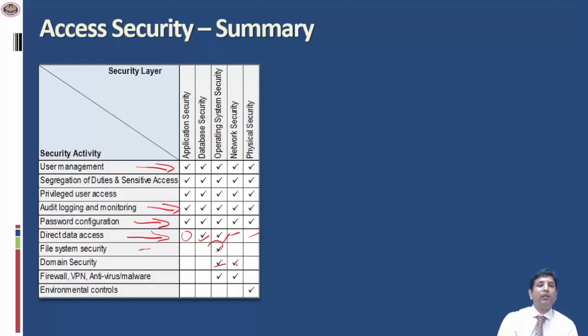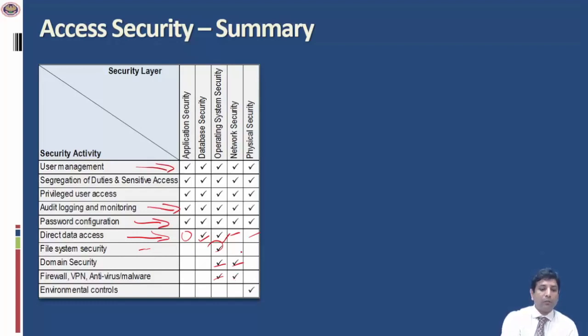And the security of this domain is to control the access at a network layer. And that is why we say the controls are implemented both at the operating system layer and the network security layer. Looking at firewalls, VPNs and antivirus, these again relate to the operating system level because the relevant controls need to be implemented. The antivirus has to be implemented at an operating system level. Typically, it is implemented in one system, which is a server, and then the antivirus is updated through all the other systems within the company as a push mechanism.